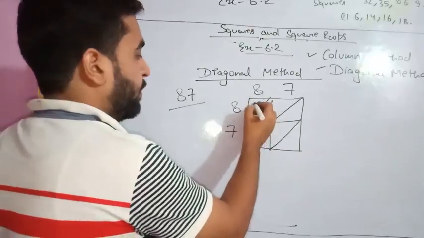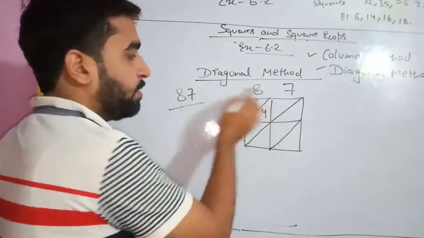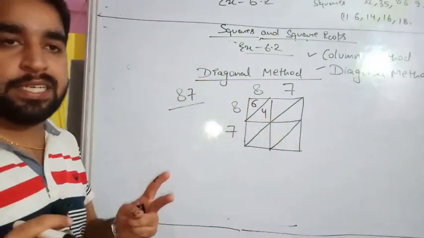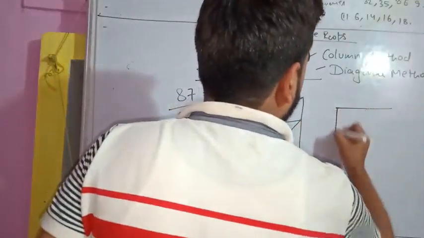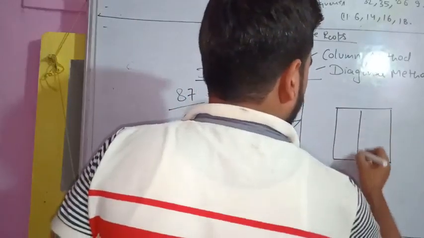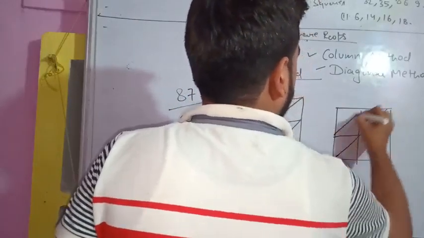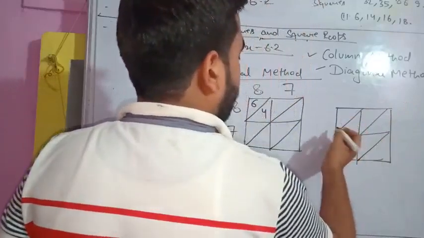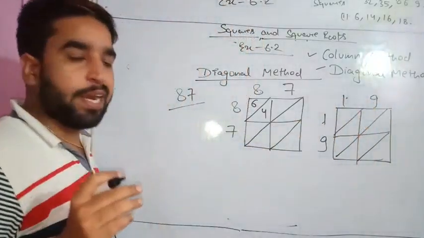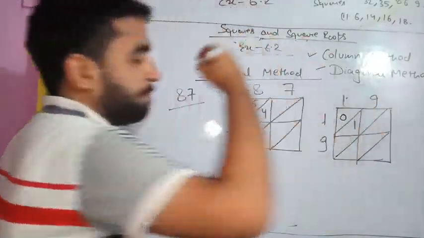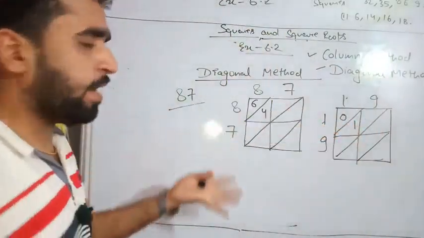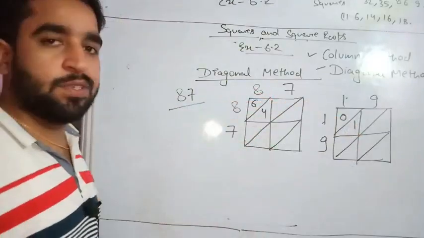Now 8 into 8, these two will be multiplied. 8 8 ja 64. This is how we will write. Now imagine, suppose we are getting the number in single digit. For example, suppose we are calculating the square of 19. So same method we will do. So suppose number is given 19 only, 19. So 1 1 ja 1. How you will write this one? You will write it as 0 1. Firstly you will write 0 and then you will write 1. Currently we are solving for a very good number, so let us solve it further.